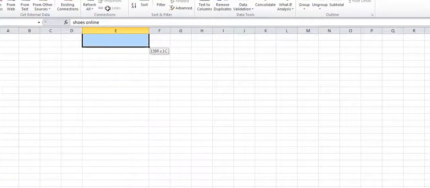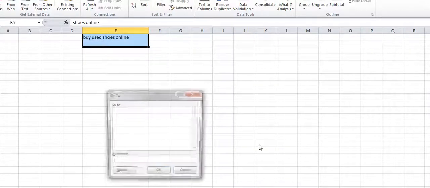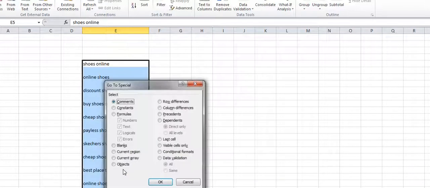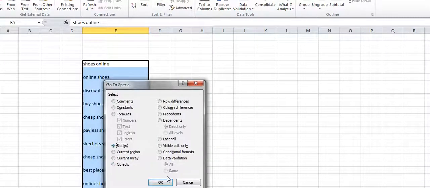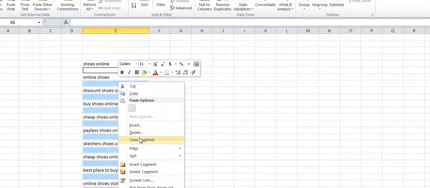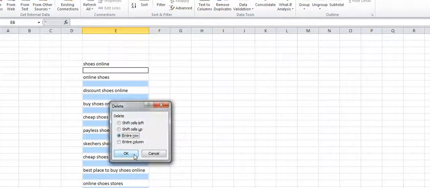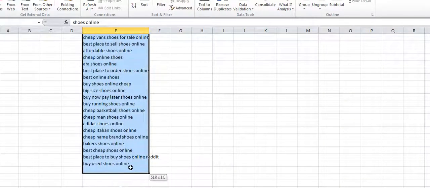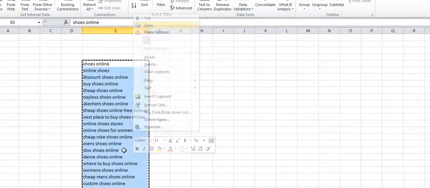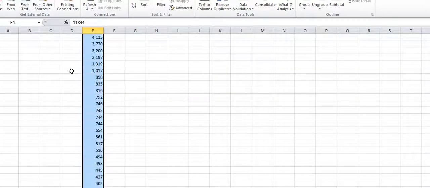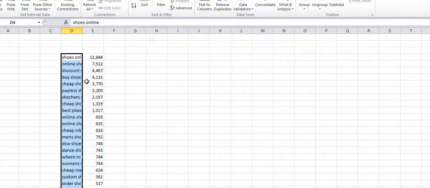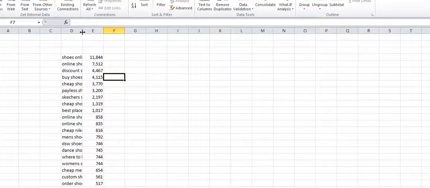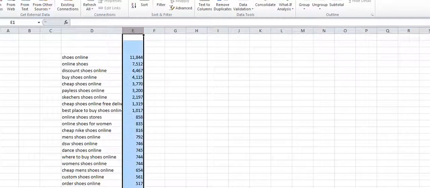I will just do this and Control G. I have to press Control G. Now I have to remove these blank cells. Okay, so now we have removed the blank cells. We are left with only those keywords. So we'll copy this and go back to our new sheet, and paste these here, right? And as you can see, friends, now you got what we are doing it for.